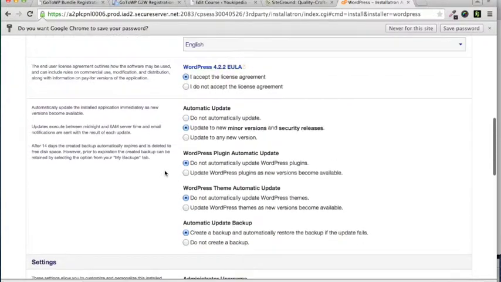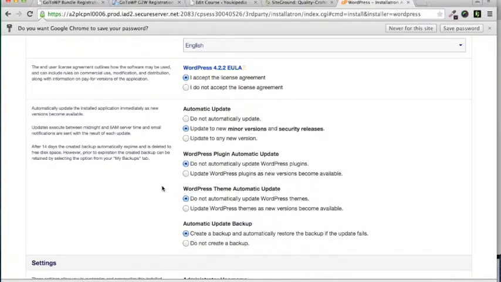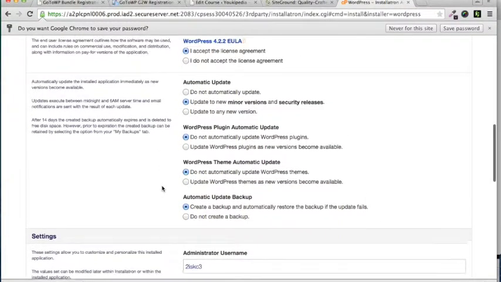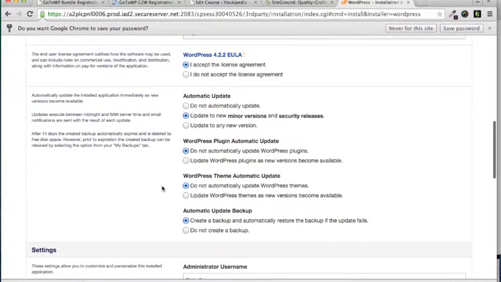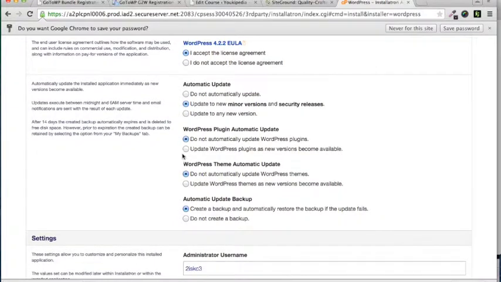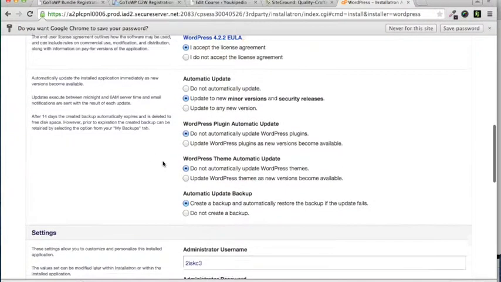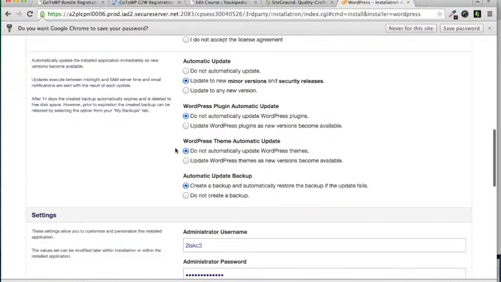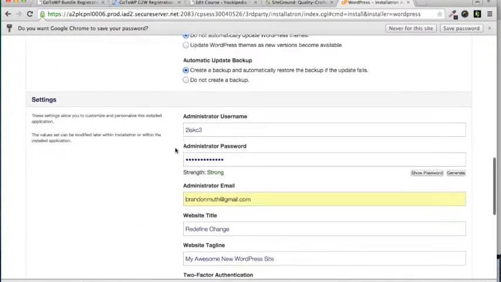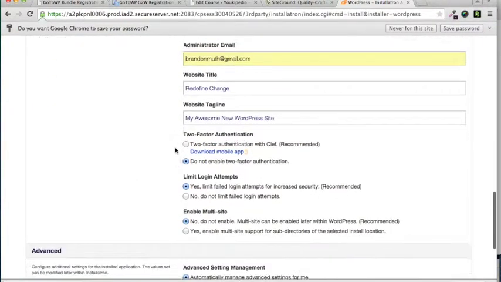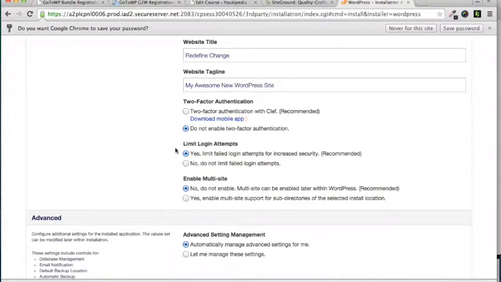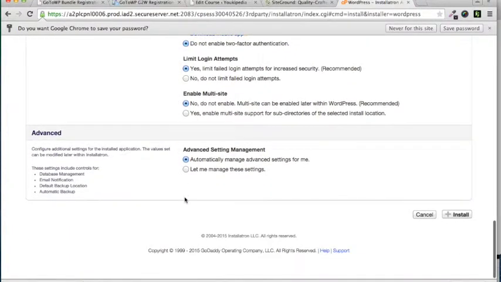The bottom line to remember here is whatever you select here, it's not going to screw up your WordPress installation. It's just going to impact how you update things in the future. So, we'll get into plugins and themes in the bonus material of this class, but it's not going to ruin your installation. It's just going to change how you update plugins and themes and different things in the future. So going to do all that, click install,